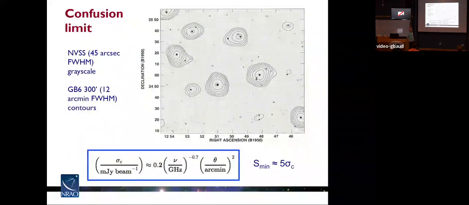And then if you compare the 300-foot data, which would be similar to the resolution of the GBT, 100 meter, the 300 foot is a little bit better at 9 arc minutes. So the 300 foot at a 12 arc minute beam, that's what these contours are. This is data for the 300 foot, but underneath it you see the deeper VLA image down to 45 arc seconds, so you see all these faint sources. Almost all sources that you would pick with the 300 foot are comprised of multiple sources